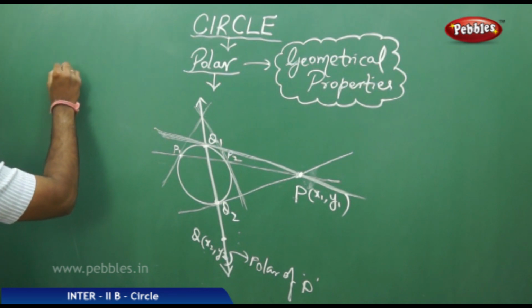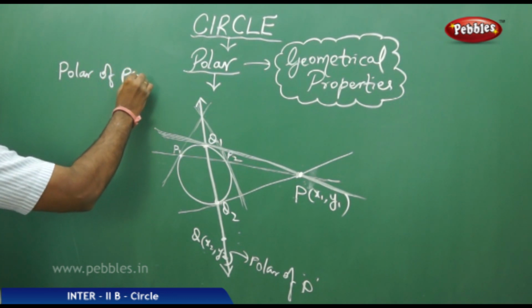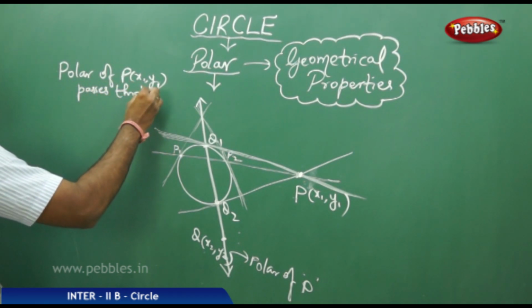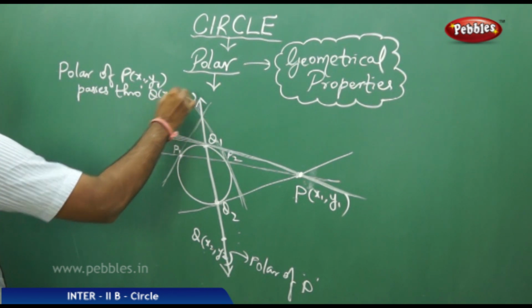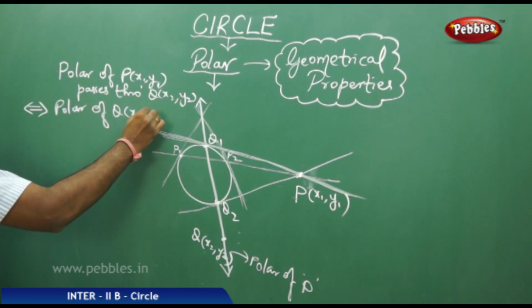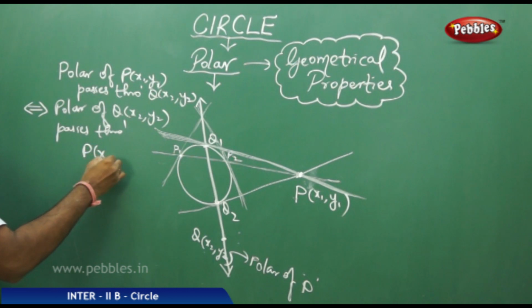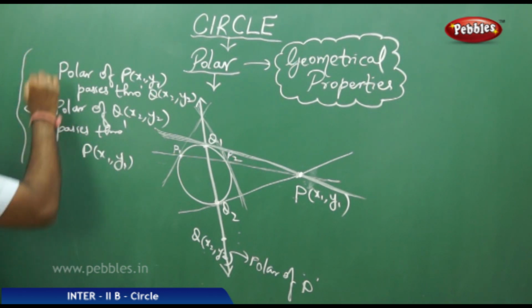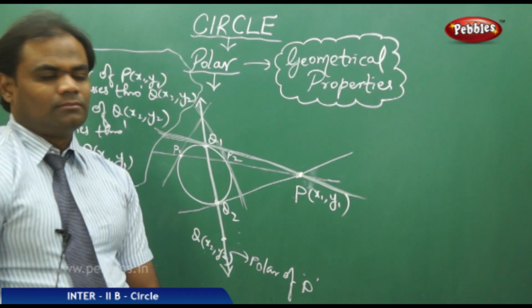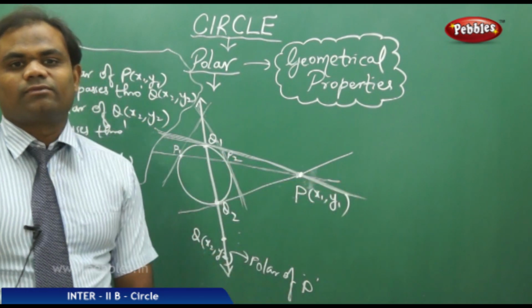That is, the polar of P x1, y1 passes through Q x2, y2 if and only if the polar of Q x2, y2 passes through P x1, y1, is how we understand through the diagram. So the polar of P passes through Q implies the polar of Q passes through P x1, y1, is how we